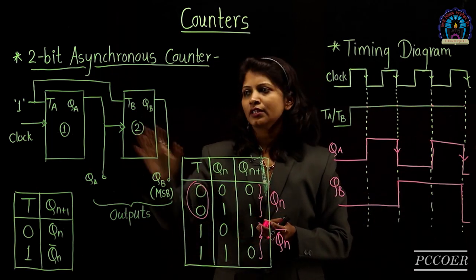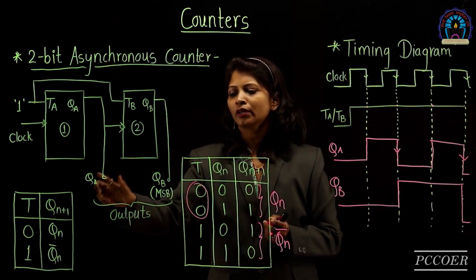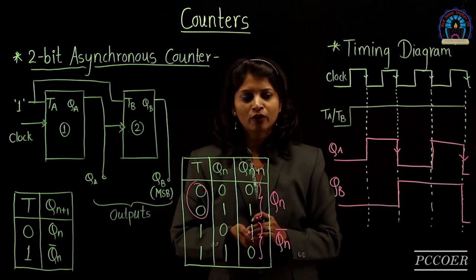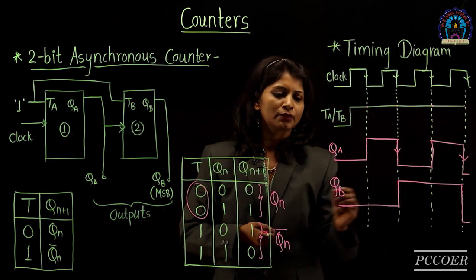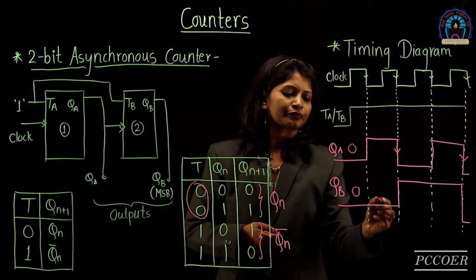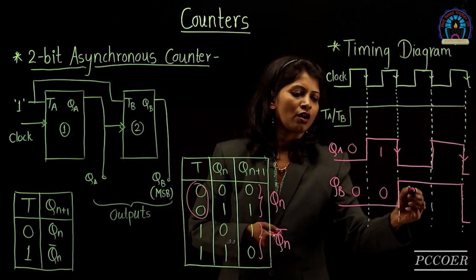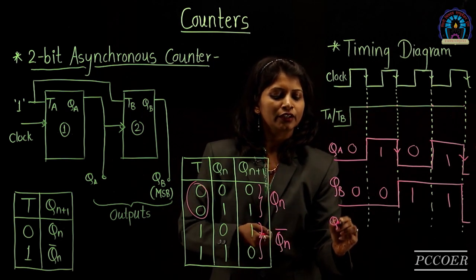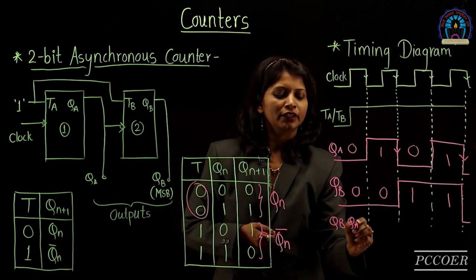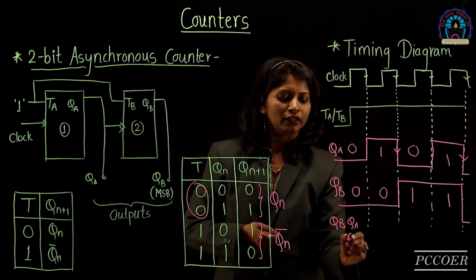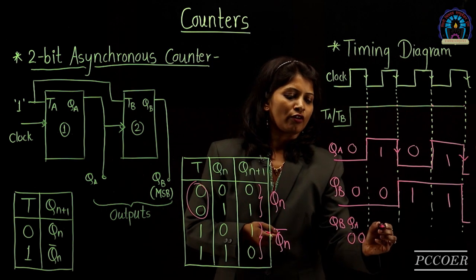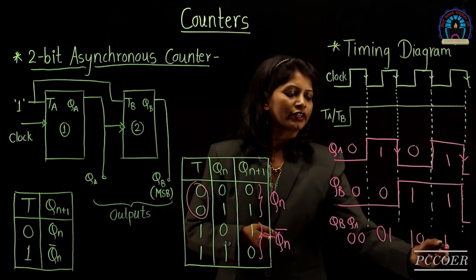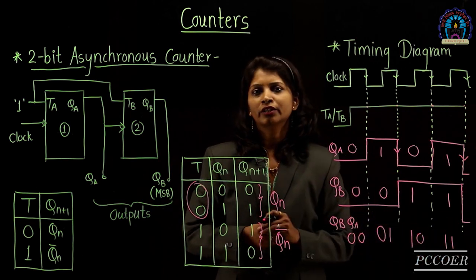Now for this counter, the outputs of the counter are nothing but QA and QB. QB is the MSB and QA is the LSB of the counter. So assuming QB as the MSB, this is 0, this is 0, this is 0, this one is 1, 1, 0, 1 and 1. Now if we consider the QB as the MSB, then for this particular clock cycle, QB QA is 0, 0. For the second clock cycle, it is 0, 1. For the third clock cycle, it is 1, 0. For the fourth, it is 1, 1. After that, it will continue with 0, 0.